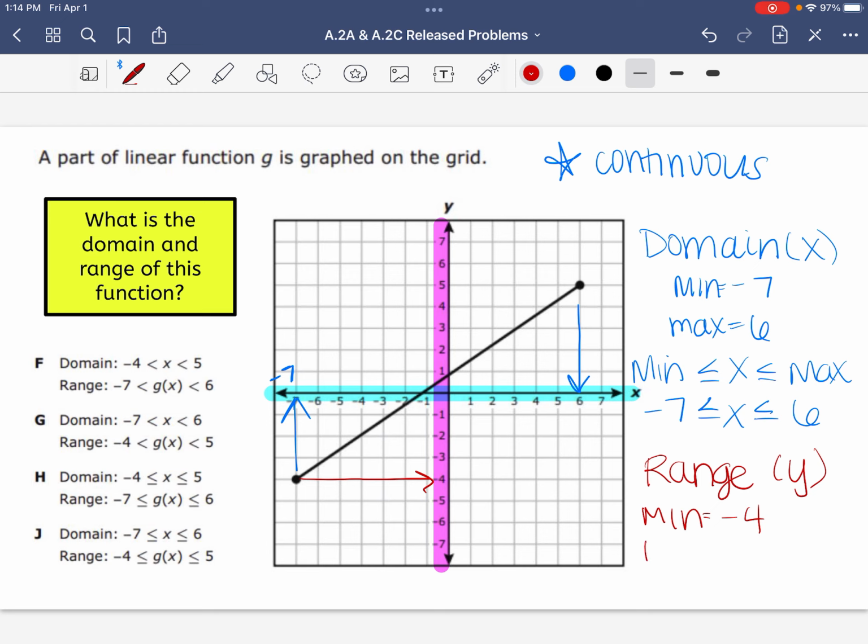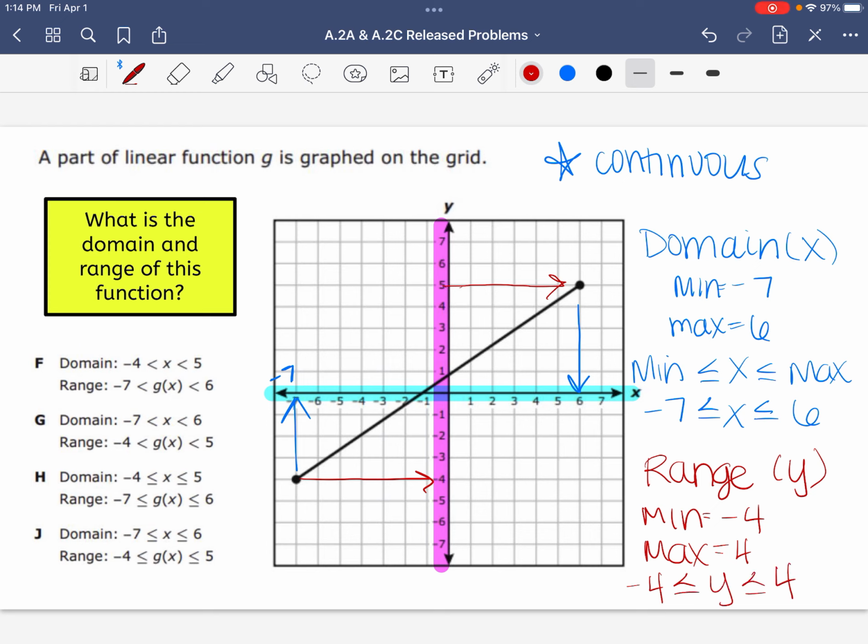And then our maximum y value is going to be the point that has the highest y value. So I go up, up, up. I see that this point right here has the highest. So my maximum is 4. And again, they are colored in dots, which means they are also solutions. So -4, my minimum, must be less than or equal to y, which is less than or equal to my